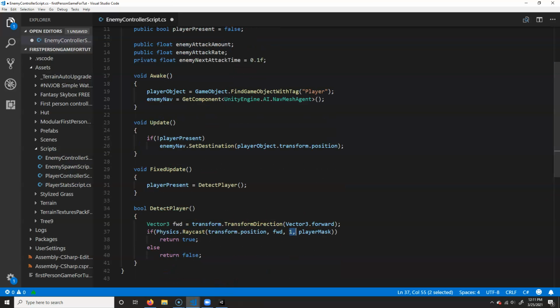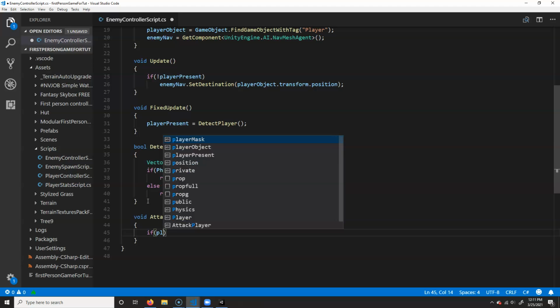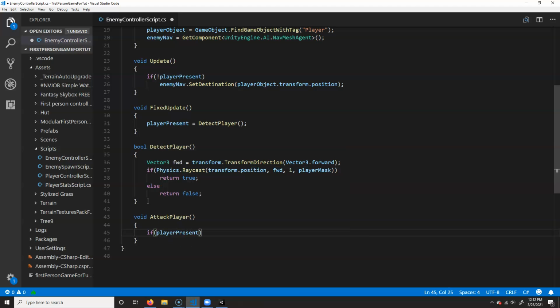So now what we want to do is actually do our damaging. And this is pretty simple. So what we're going to do is go down here. We're going to add another function, and we're just going to call it void attack player. So void attack player, and then we're going to say if player is present, right? So player present, and so basically, obviously, you have to be in front of the player. So basically, if the player's in front of us,